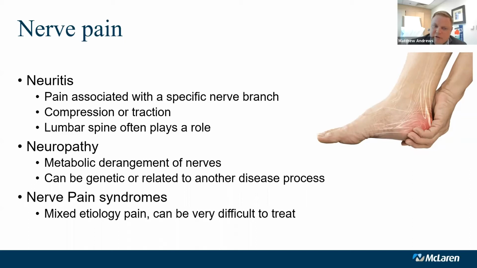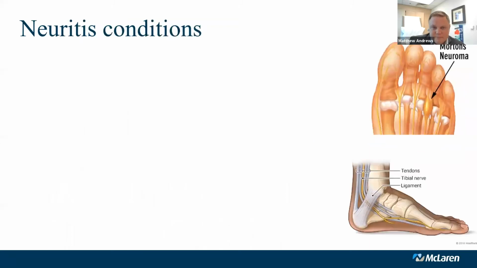I also did toss in here nerve pain syndromes because these can be very, very difficult clinical problems. And we'll see patients that are referred for everything from medical management to implanted nerve stimulators for nerve pain syndromes. But again, we have a lot of different tools at our disposal. And the one thing I want all of our patients to know is that there's always things we can do. There's always different medications that we can try, different topical medications that may be of benefit, different physical therapy modalities, and in some cases we'll even consider surgical nerve releases or even removal of nerves.